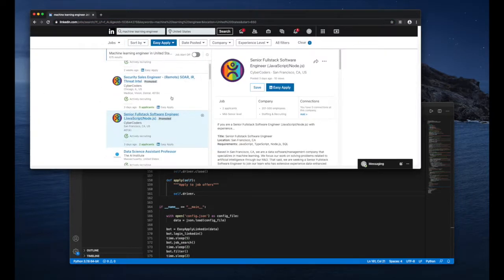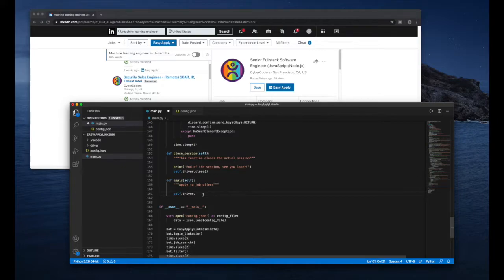If we have it maximized like this, we're going to find all the elements better spread and we won't run into problems. So we're just going to maximize the window before, then we're going to say self